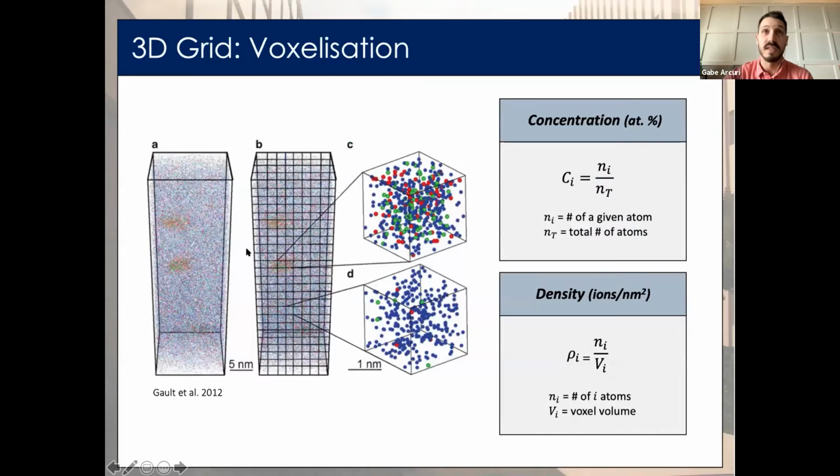Well, for this, we need to define a grid of data locations first, where each location on this grid corresponds to a small volume, which we call a voxel. So most commonly, by doing this, we can then characterize the atomic contents of that voxel. And this is most commonly done by measuring either the density or the concentration of a given element. And that's usually with respect to the contents of the voxel itself.